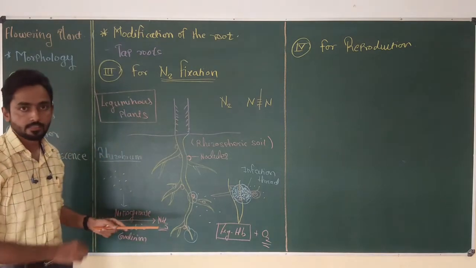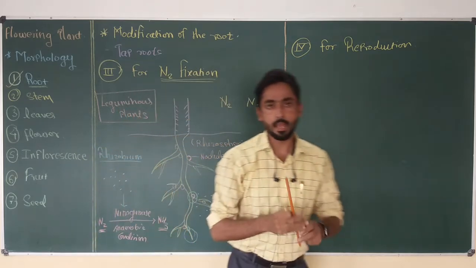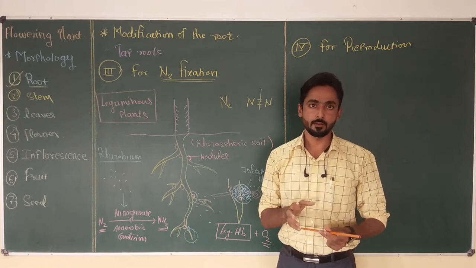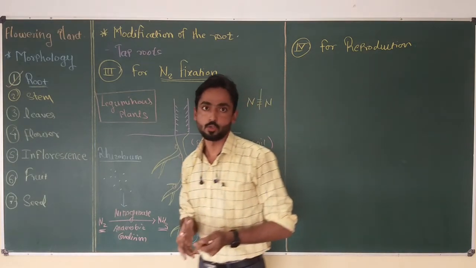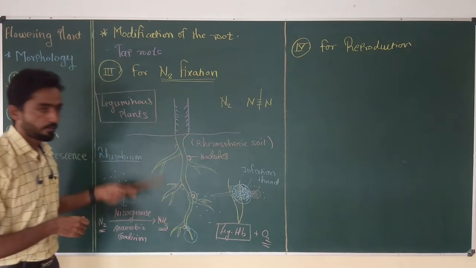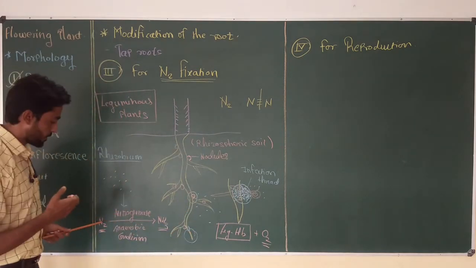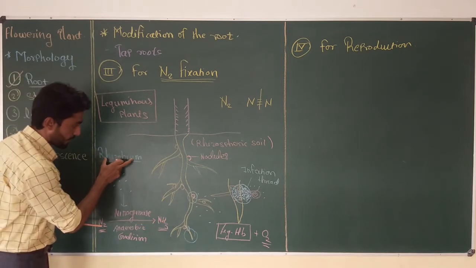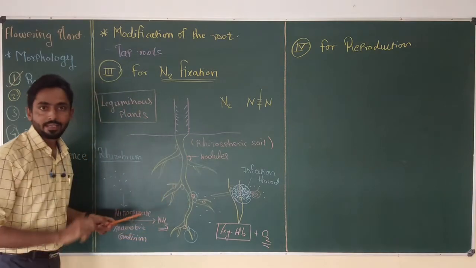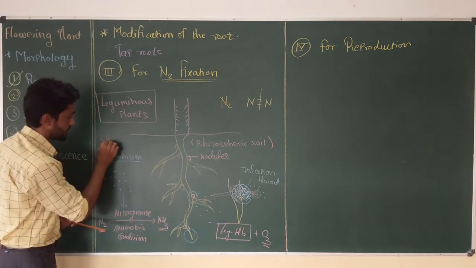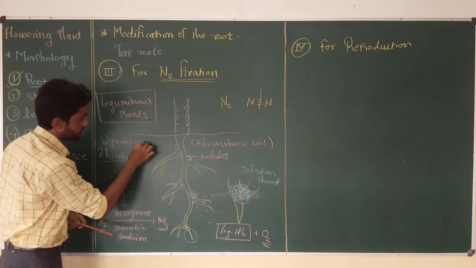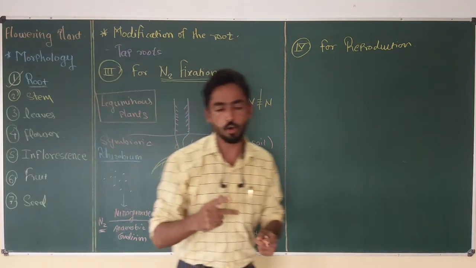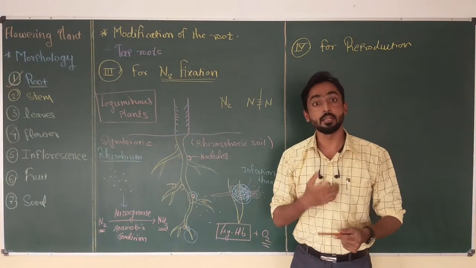Now this ammonia is the available form of nitrogen, which is easily absorbed by the root system and made available for the plant for the synthesis of amino acids and nucleotides. So this is the route by which the plant gets unavailable nitrogen in the form of ammonia with the help of rhizobium. The association of rhizobium with the roots of the plant is called symbiotic association. What is symbiotic association? It is the association between two organisms in which both partners get benefit.